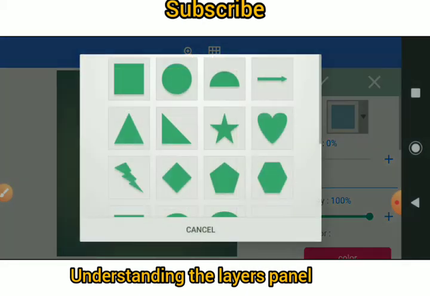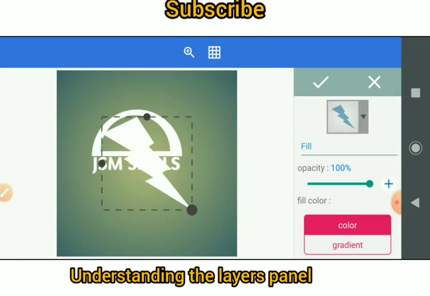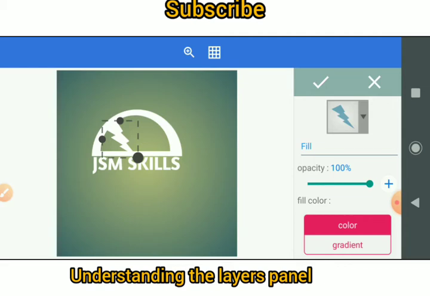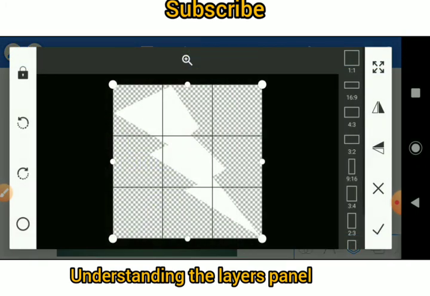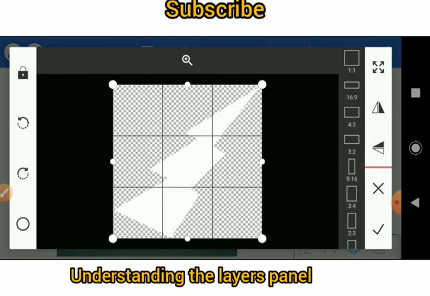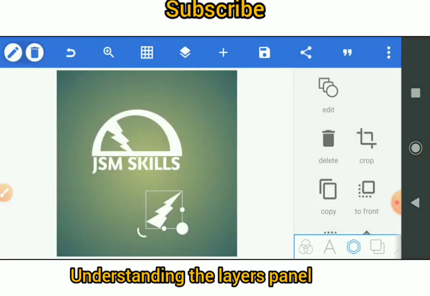object, shapes. I pick another shape, decrease the size, put it here. This is okay. Then let me copy it, copy this, go to crop, change the position. Then I come and put this here, right? Come and put